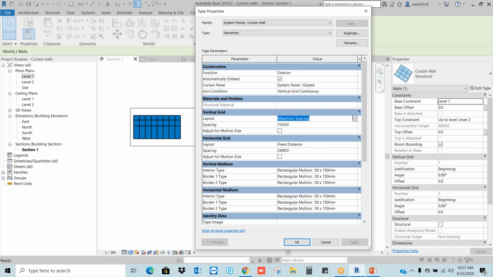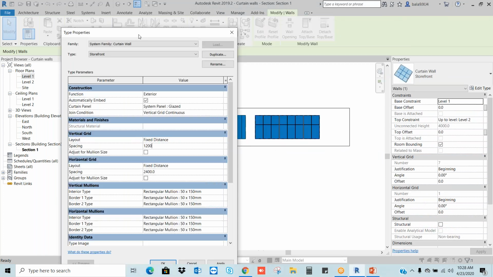Let's say I want to use a fixed distance. I will go there and use the fixed distance. Okay, distance is, for example, 1200 length.